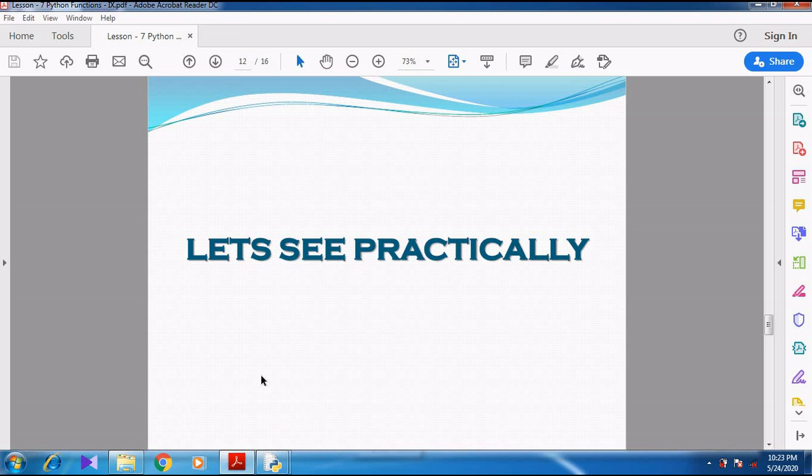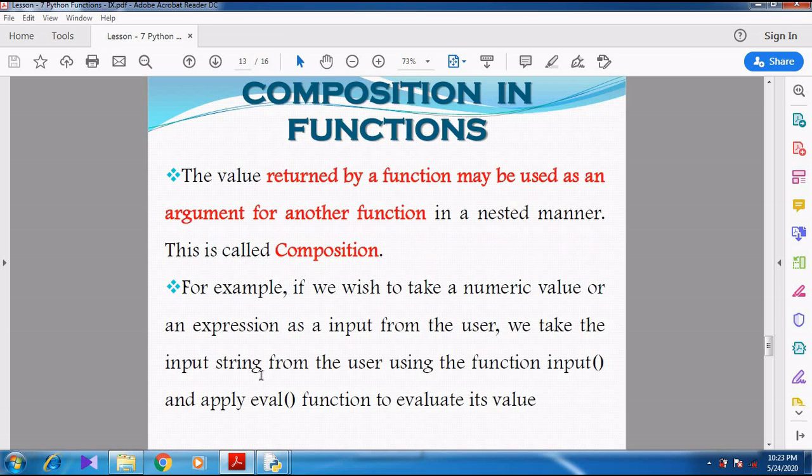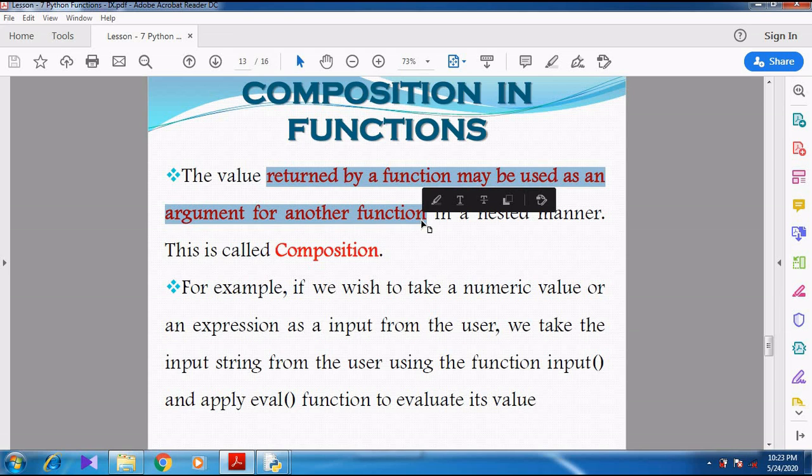Yes. With this, the mathematical functions are over. Built-in functions are also completed. Now we are going for the next topic, composition in functions. What is meant by composition in functions? Whenever a value which is returned by a function is used as an argument for another function.